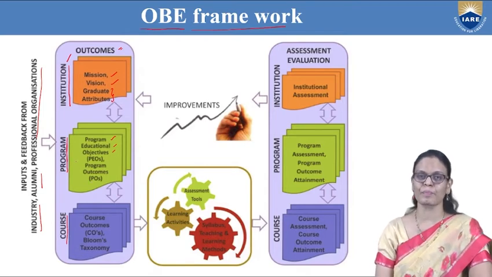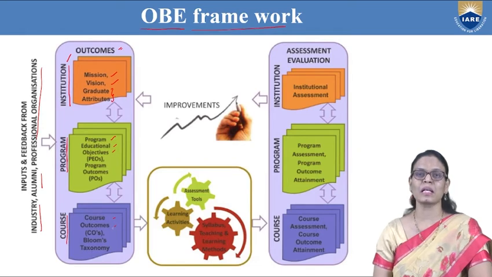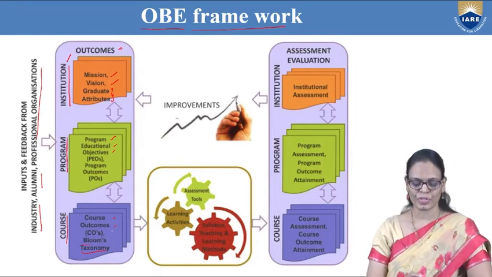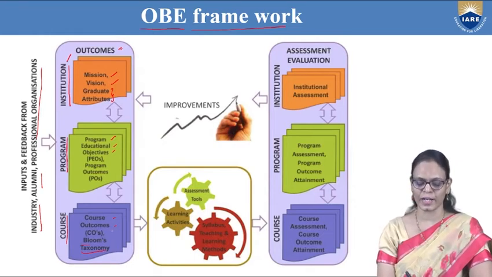So in a particular program at different levels, the students do different courses. What each course is offering has to be as per Bloom's taxonomy, and it has to be assessed. So this is regarding the outcomes. Now, if the institute is framing the curriculum as per the requirements and they have set well-prepared